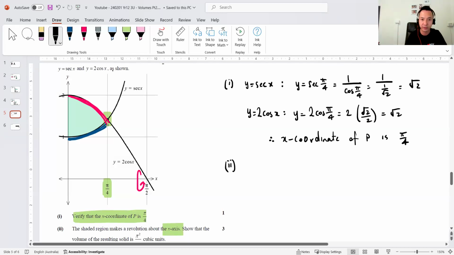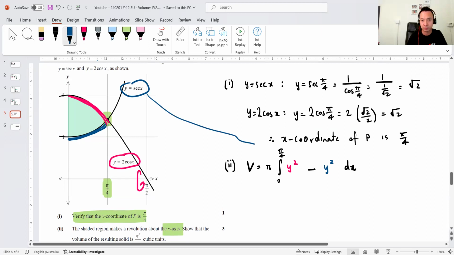So you basically go volume equals pi. Now you can factorize it, right? Between the limits of 0 and pi on 4, I'm going to take the y squared on the pink, and I'm going to subtract the y squared on the blue, dx. Now, if you're really pedantic, it might be worthwhile putting y1 and y2, but I'm just going to use colors to demonstrate the difference, right? So just to be clear, the pink graph is this guy, and the blue graph is this guy. I'm going to sub both of those in,